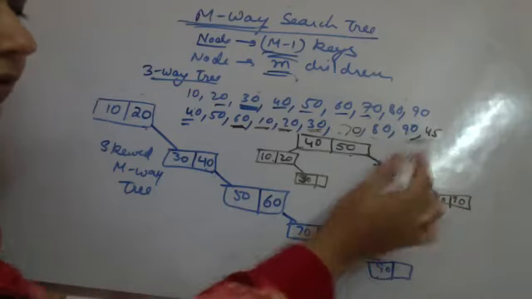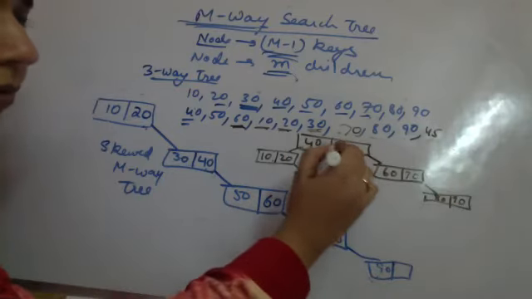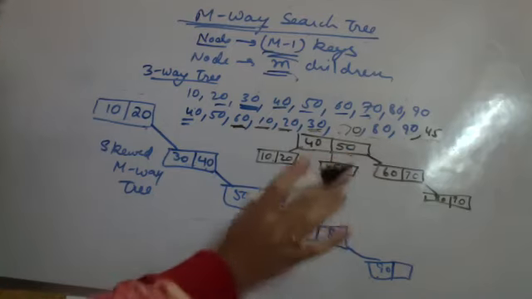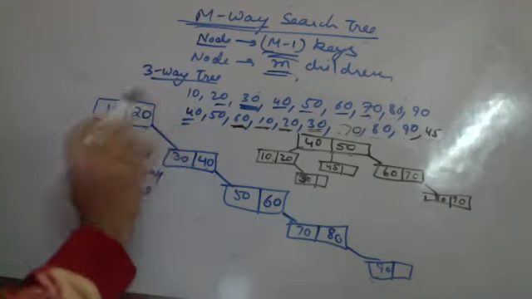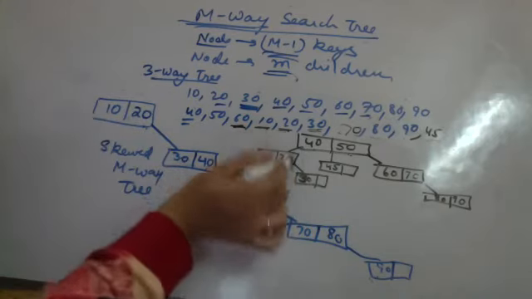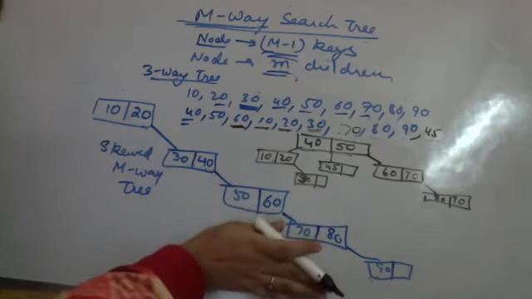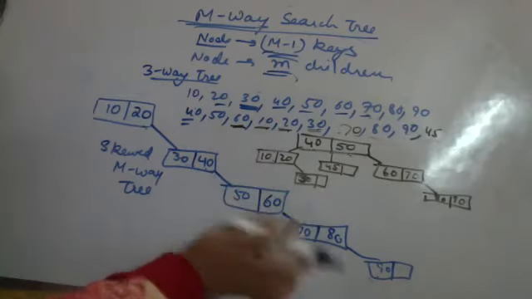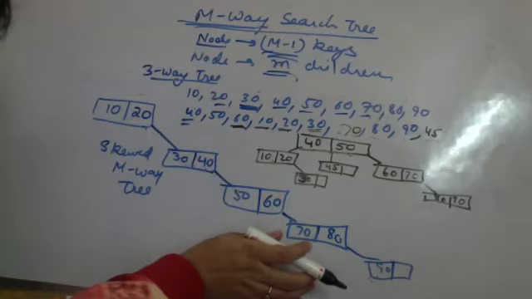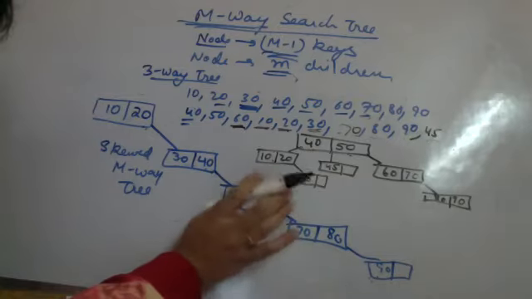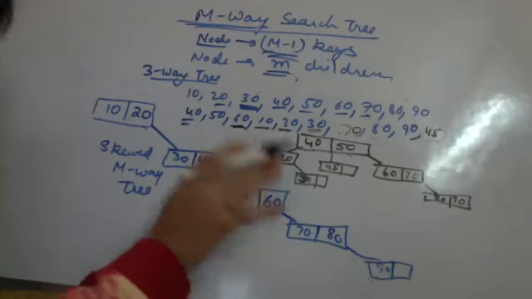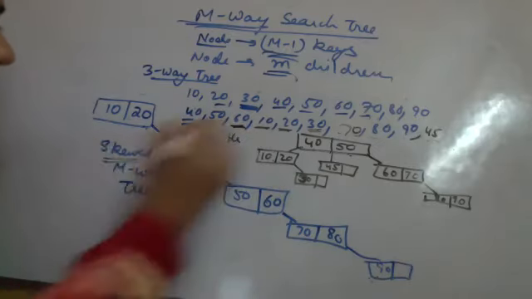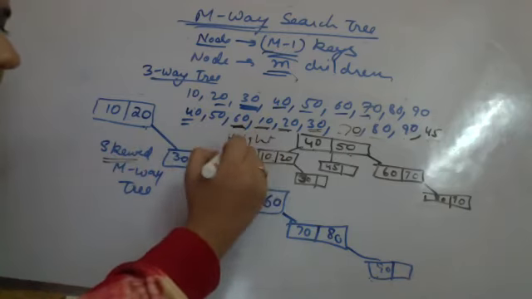Now I have a 45 also. Between 40 and 50, no space here, so I do the insertion over here. Now here, almost similar elements are there, but the number of levels is only 3 as compared to 5. So when you do a disk access, you will be able to see the level details. In this case, the number of disk accesses will be reduced because this is more height balanced and this is more skewed. This is a height balanced MV tree.